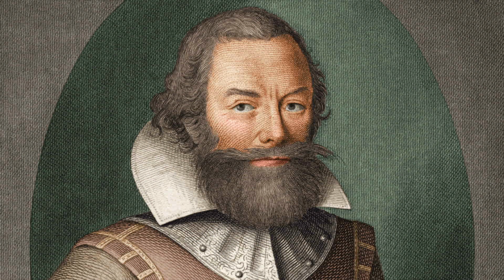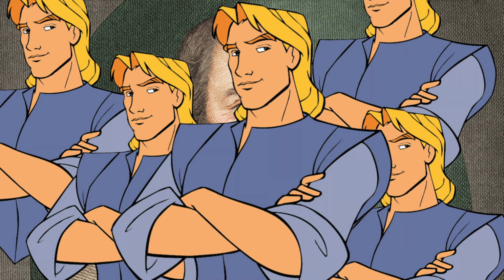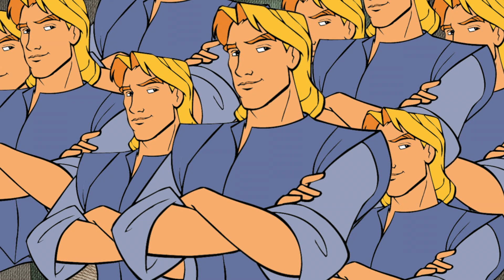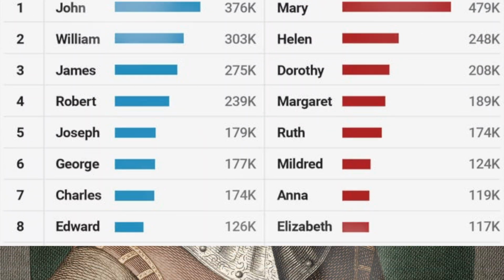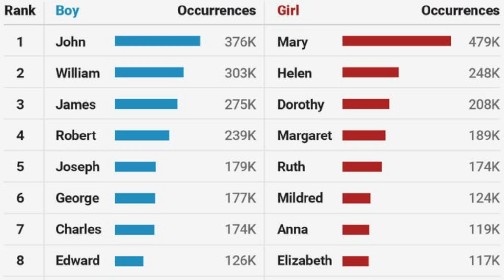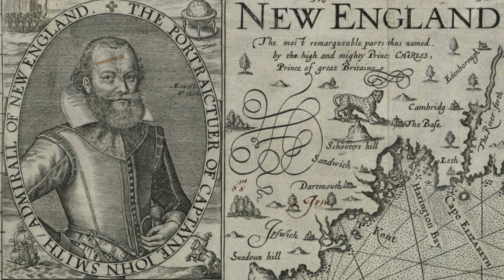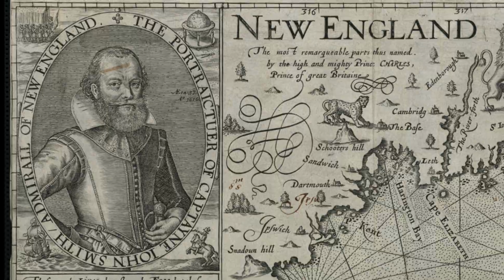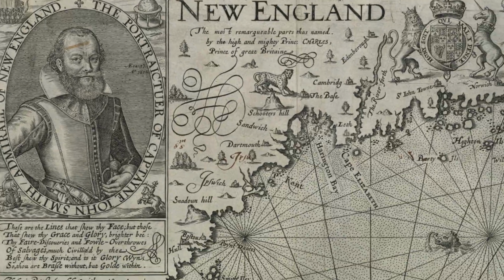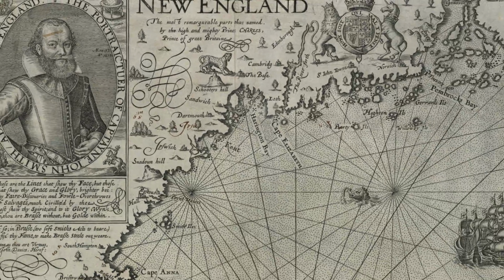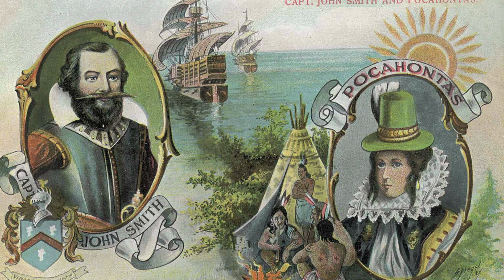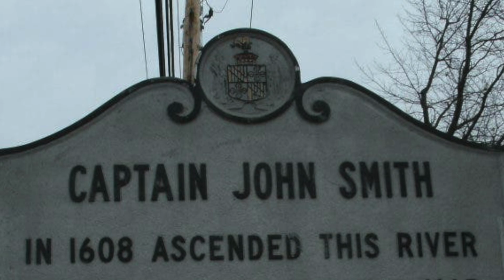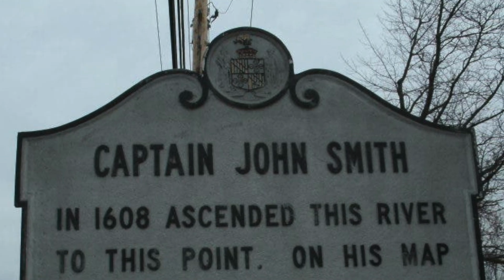This is a character who actually existed. In fact, there's probably more people named John Smith in the world than most other names, except for maybe Jesus and Mohammed and Mary. Those would be my guesses for the most common names. But John Smith actually existed. He was an actual real explorer. And according to Wikipedia, he was a famed explorer for the British Crown who surveyed the mid-Atlantic region and came ashore at Point Lookout in 1608.